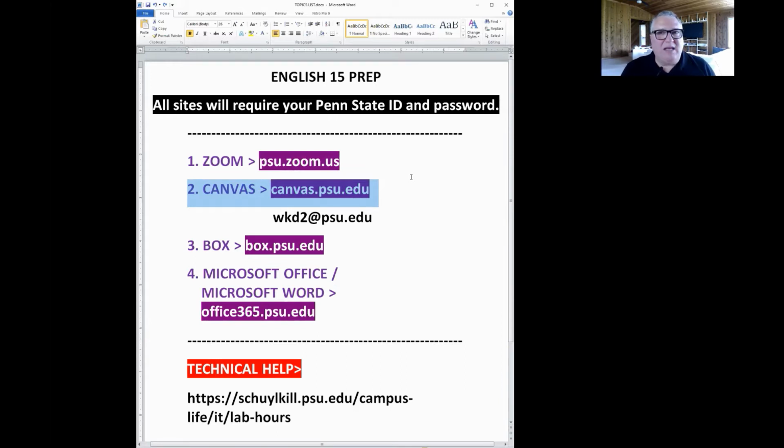But we're not going to be using Canvas that much. We are going to be using Canvas for one very important thing. But Canvas is kind of a light place for us. You'll just be going there pretty much for one item, and that's it. Many of your classes, your syllabus will be located on Canvas, and your calendar will be on Canvas. Not for our class. For our class, all those classroom-related documents are going to be on